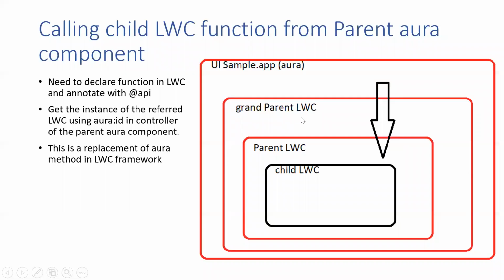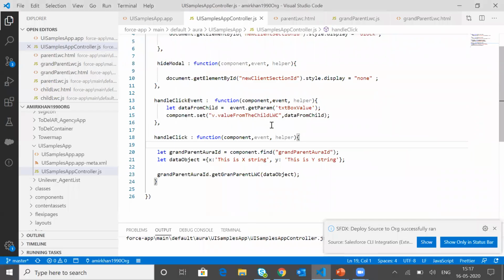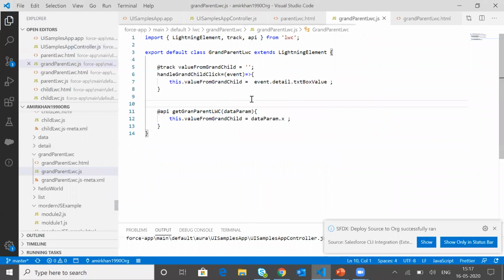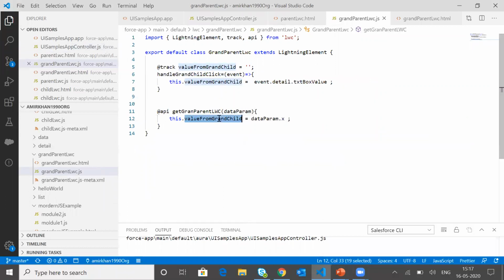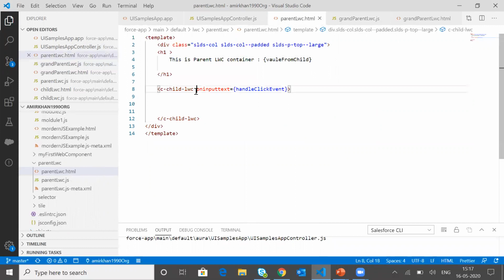The shared attribute is basically the same way that we used to do in the Aura component framework. Now let's say I am going to share this particular value to the child LWC as well.